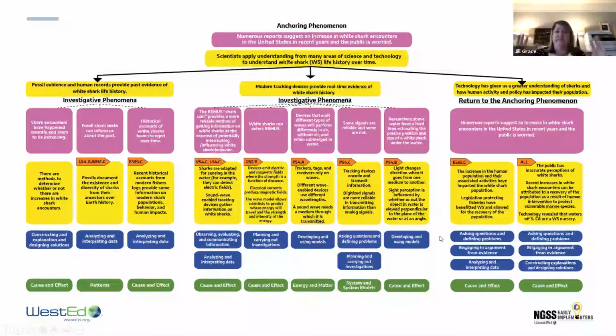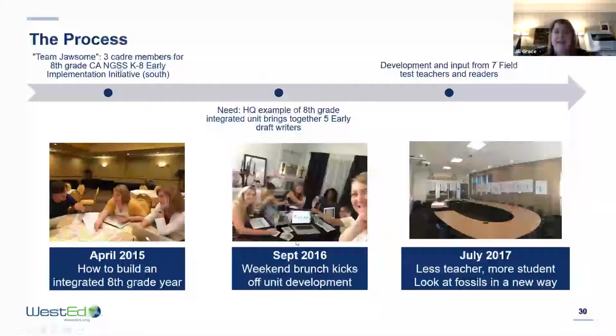So if I step out for just a second, at first glance, when you look at instructional materials, if you find something like a conceptual flow like this or a storyline like this, it might indicate that work went into building coherence in the learning. If you see clearly defined phenomena, not topics or concepts, and you can see the integrated 3-dimensionality being pointed out, those are good signs. So you still need to sniff it out further, but it does show some promise in the materials. So moving into the process that we went through,